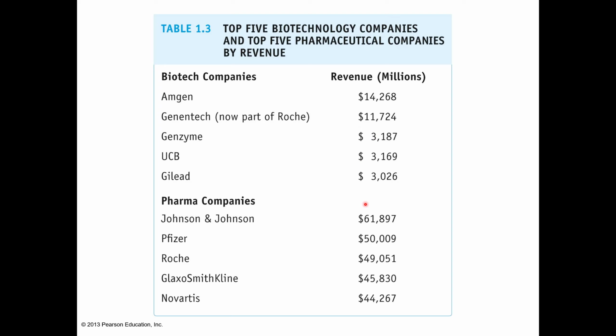Pharma companies. Now you can see exponentially how many millions that these have. Pharma companies: Johnson & Johnson, 61.89 million. Pfizer, 50.0 million. Roche, GlaxoSmithKline, Novartis, 44.26 million. So these big pharma companies have been around for a lot longer, and Amgen is a company that